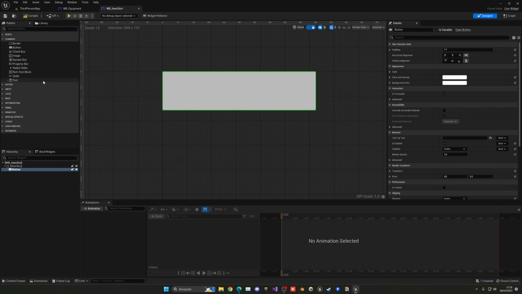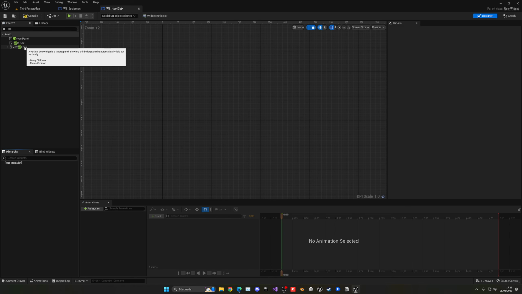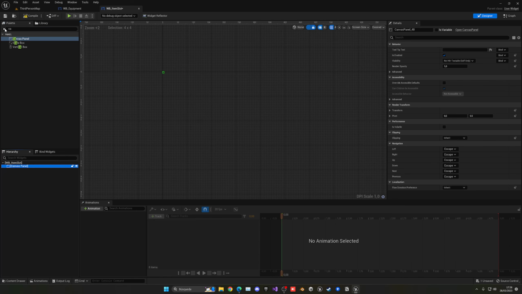So I should be able to drag a text. Maybe not. I can do it in the side actually. We can do that for now, but I would not like that now. So actually, let's go in and add a canvas instead of a size box. Okay, let's go ahead and delete this. Okay, we'll delete everything. Let's get the canvas panel, drag it in, and then what we're going to do is find a